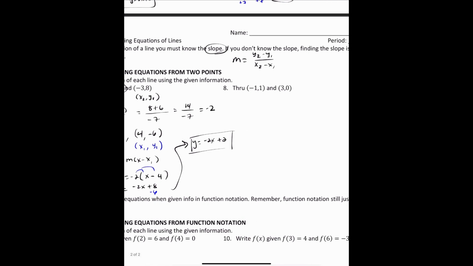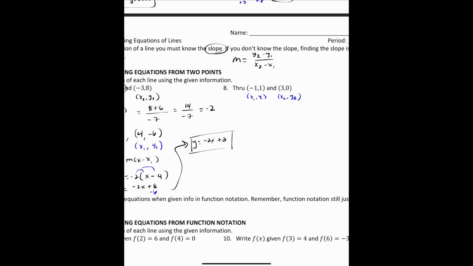All right, so let's do that again with number 8. We have 2 points, negative 1 comma 1 and 3 comma 0. I'll call this x1, y1. And over here, this is going to be x2, y2. So using my slope formula, because we don't have the slope, we're going to calculate that first before we proceed,